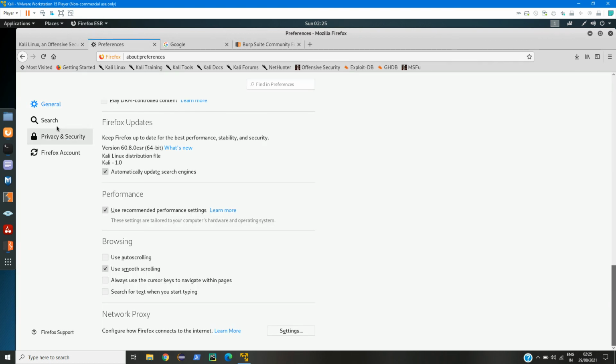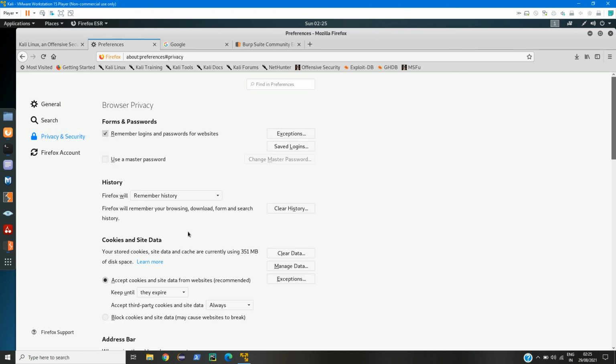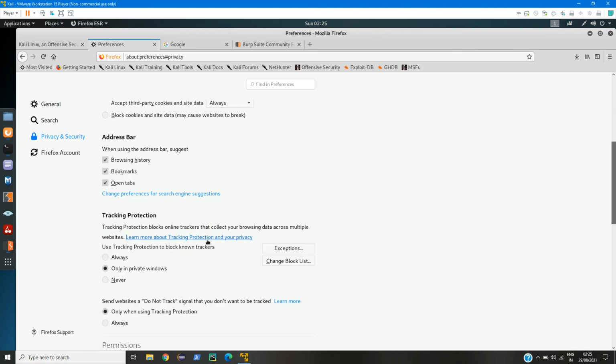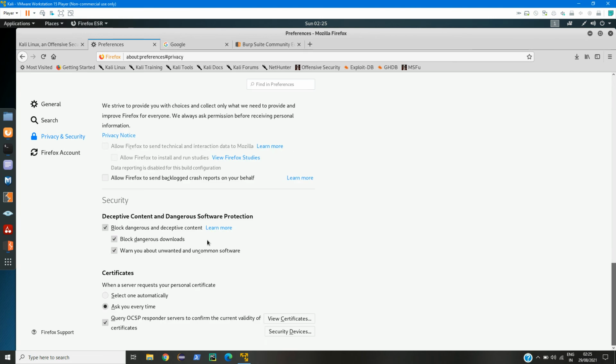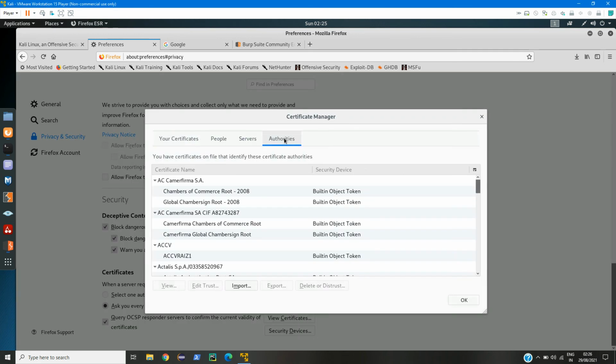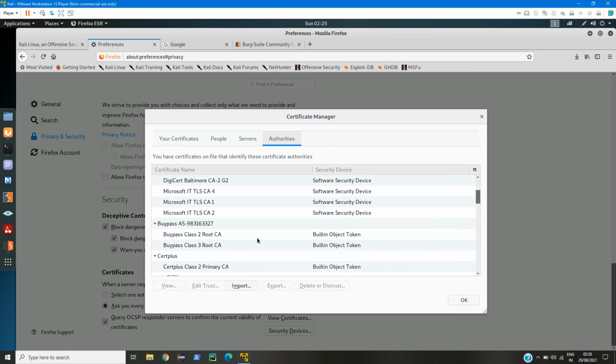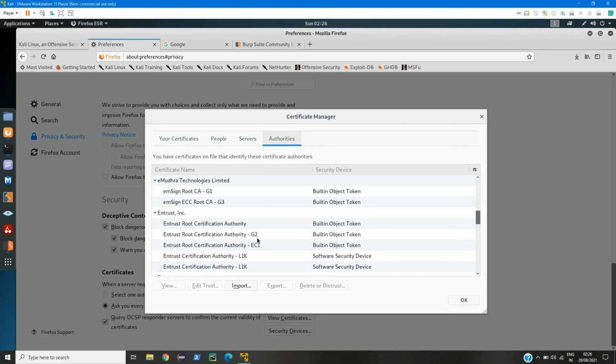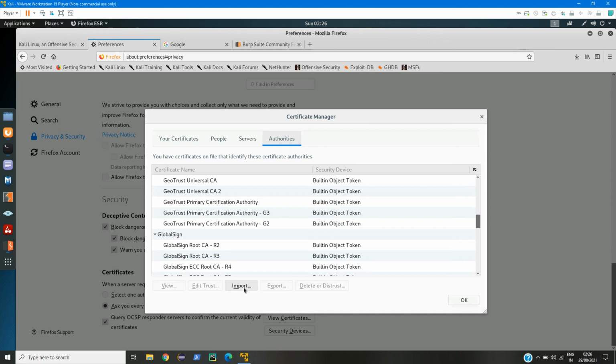In the preferences, go to privacy and security, and here in the bottom you can see we have certificates options. Here just click on view certificates. In the authorities we can see all the certificates that are currently there, and here we need to import our new certificate, which is the Burp Suite certificate.